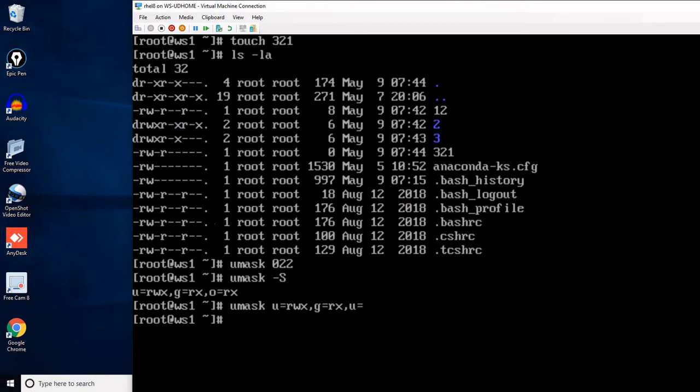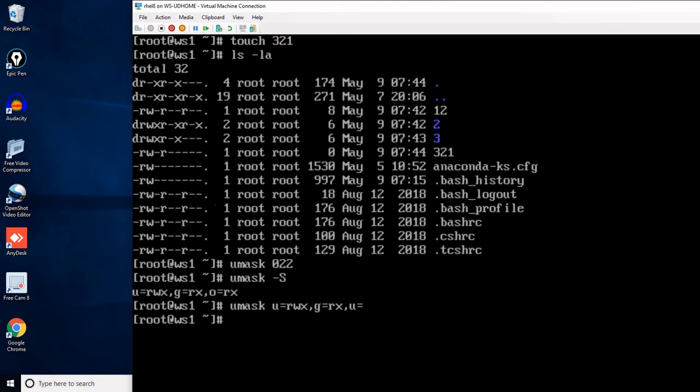Now you have to deduct these values from 777. So 777 minus 750 gives 027.